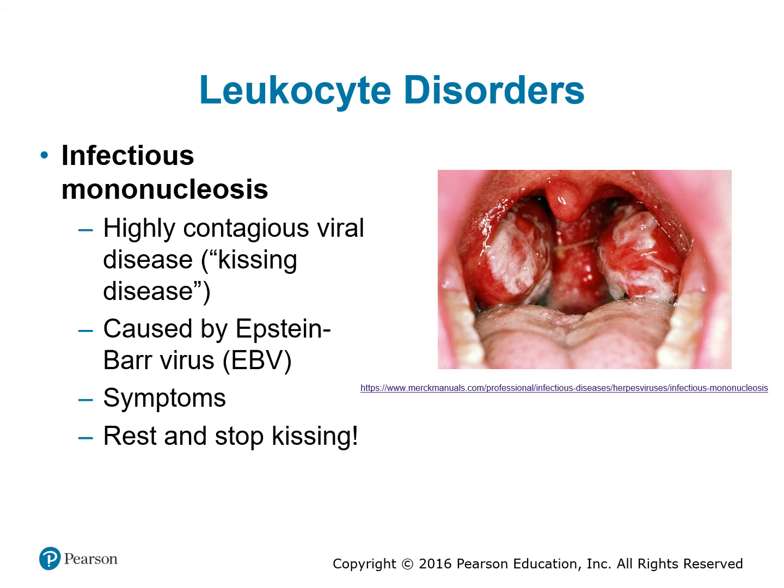Infectious mononucleosis is another type of leukocyte disorder, and this is a highly contagious viral disease, more commonly known as the kissing disease, and is caused by the Epstein-Barr virus. What happens in infectious mononucleosis is there are high numbers of atypical agranulocytes that become present in the body. It involves lymphocytes that become enlarged, and originally it was thought that the cells were monocytes, so the disease